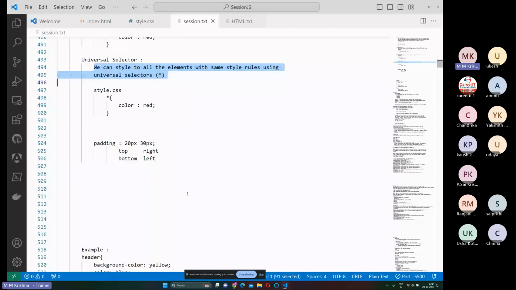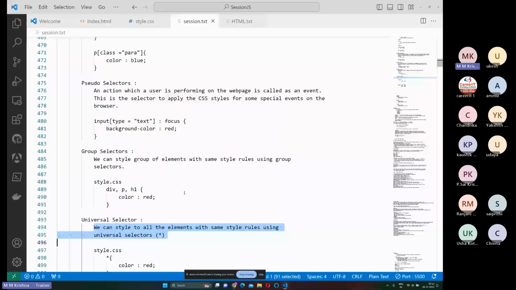So pseudo selectors, if you want to apply anything like a mouse over or any other effects on focus,